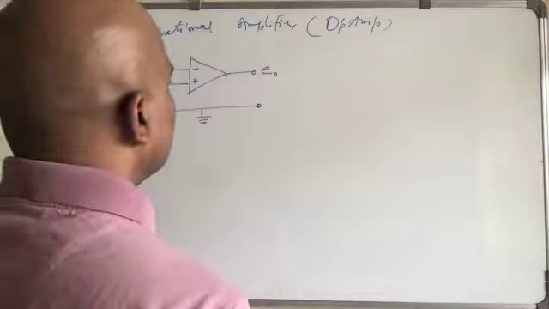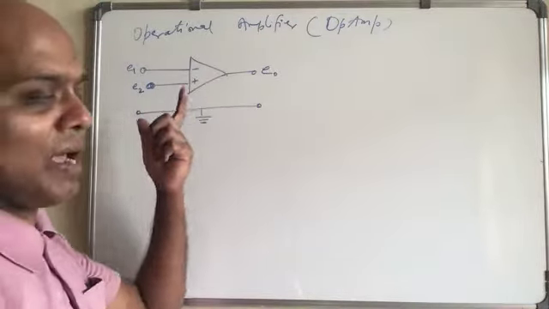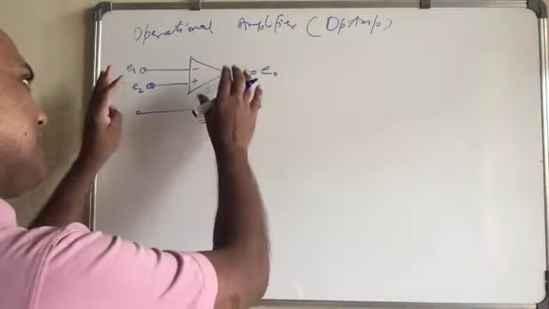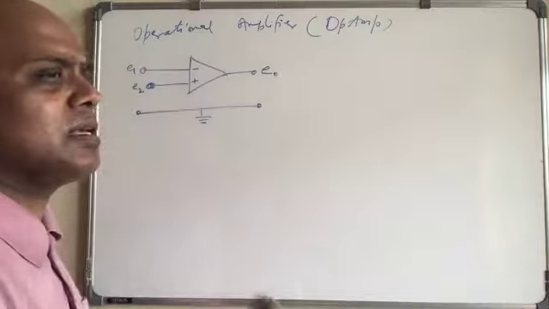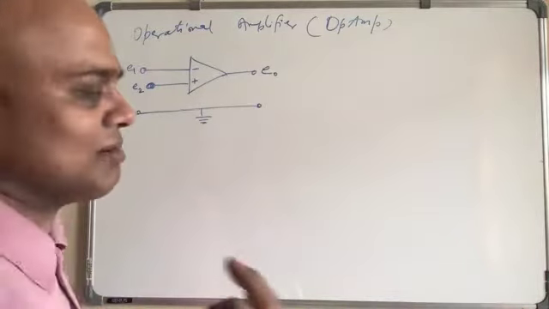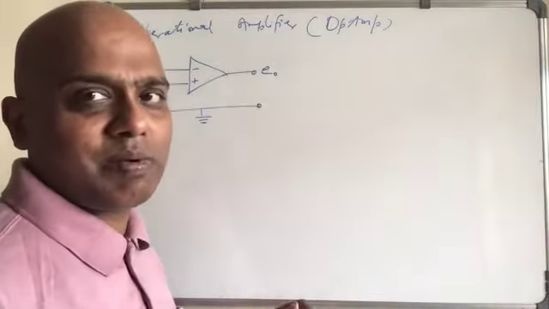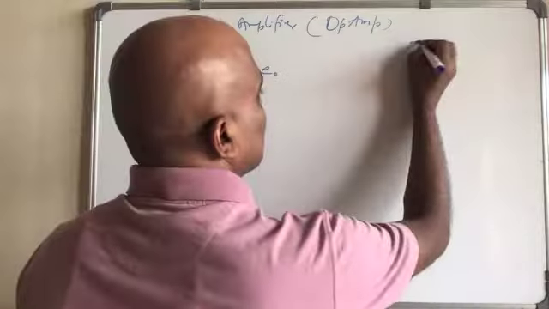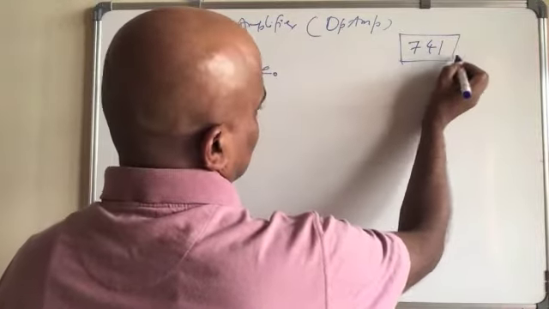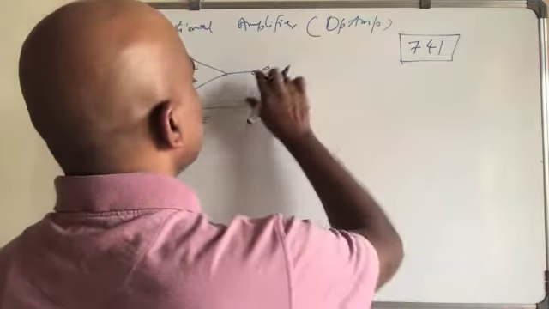So there is a relationship. There are a few things about this operational amplifier. One thing is that the operational amplifier is a very economical electronic item. You can find it, the prices will not be much. One of them is the 741 series. You can use this basically as an amplifier.